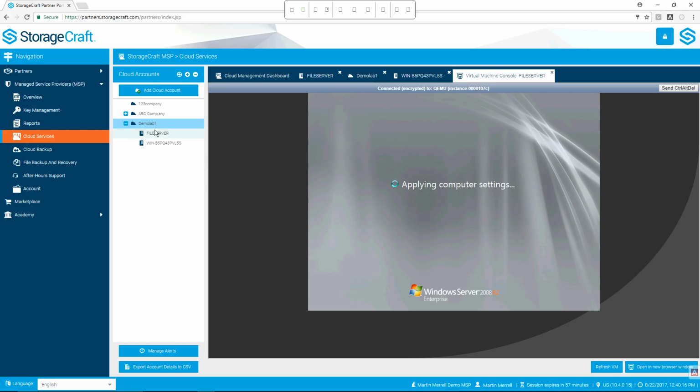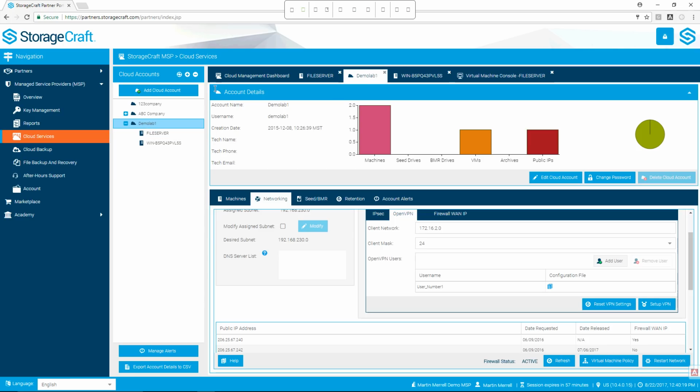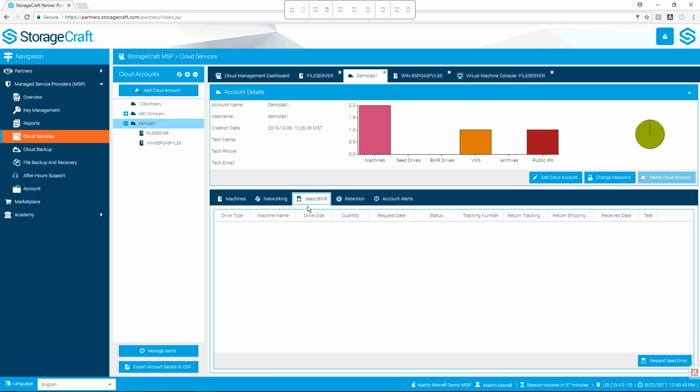Let me see. Oh yeah, let's go back to my account. So you're probably also wondering what happens in a scenario where you're ready to restore locally. All right, I've already mentioned to you that we can build the VM, we can do the file and folder restores, but let's say that we've utilized the cloud as we've needed it, and I've repaired some machines locally. What is it now that I need to do? You'll notice there's a little area at the account level right here in this little blue ribbon that says Seed VMR. If I click on this,